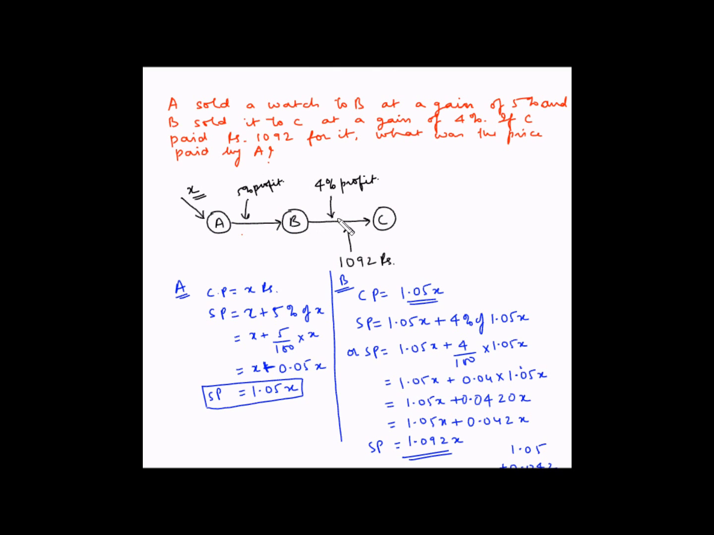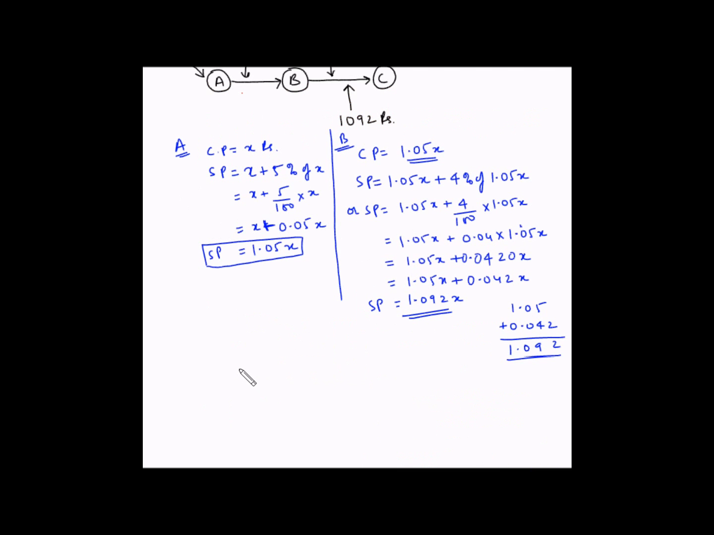and in other terms this is the cost price for C. But now we have also been given that C paid rupees 1092. So what this means is for C, 1.092 times x, which is the cost price, is equal to 1092. So x is equal to 1092 divided by